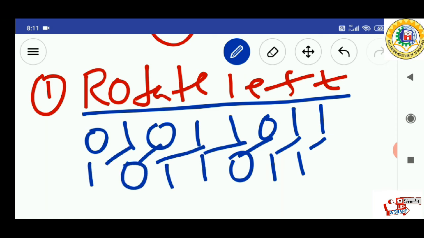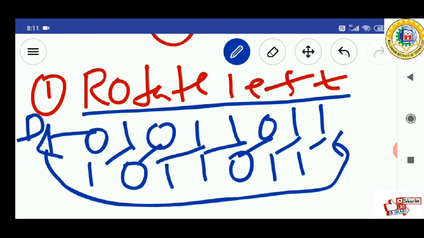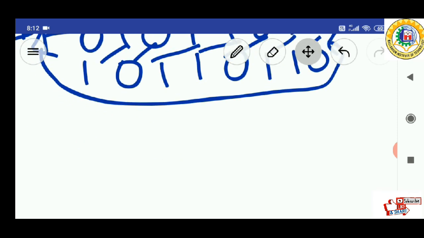Now in the case of the logical shift left and the arithmetic shift left, we have dropped this data. But in the case of the rotate left, we have not dropped this data. We have just rotated this data, so this data will come up here. So this is the difference between the logical shift left, arithmetic shift left, and the rotate left. Next we will discuss